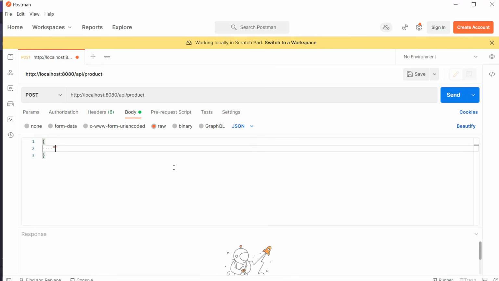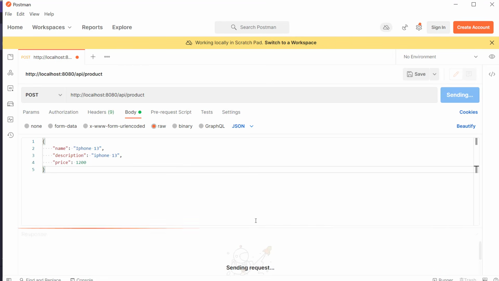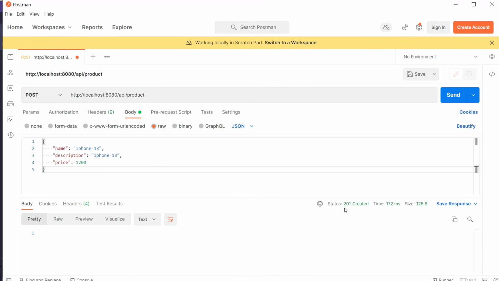And here I'm going to create a request body with name as iPhone 13, description as iPhone 13, and price as maybe $1,200, right? So I'm going to send this request, and we can see that we got a 201 Created response back from our